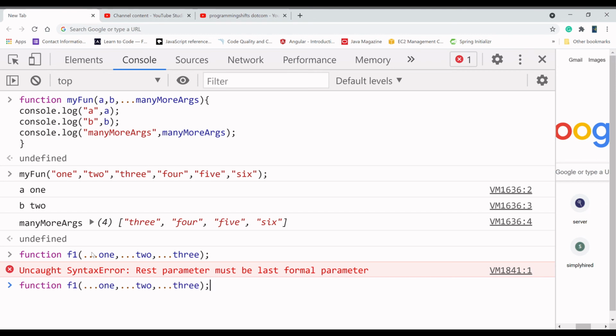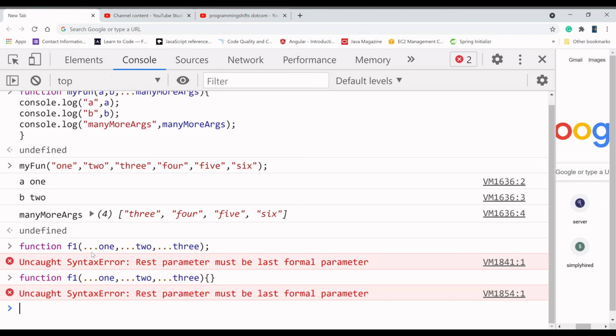Sorry, I should write it like this. In this way you can also write the functions, okay?